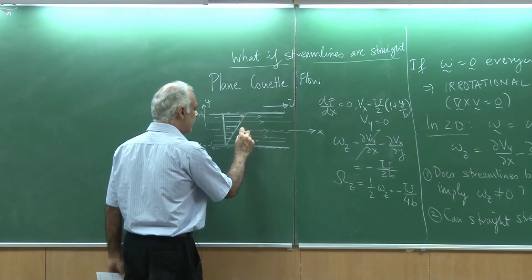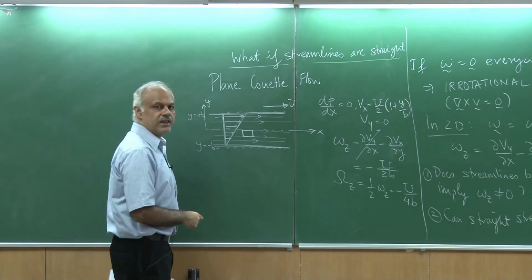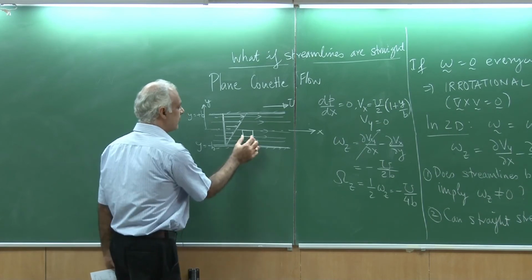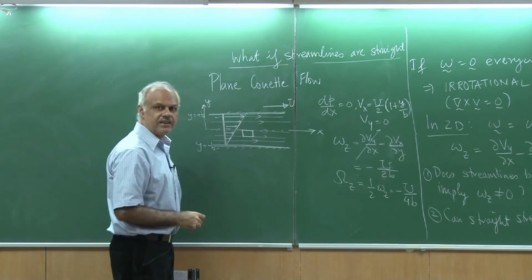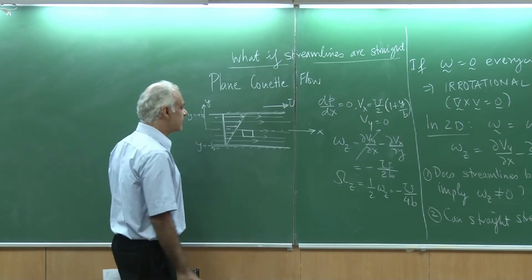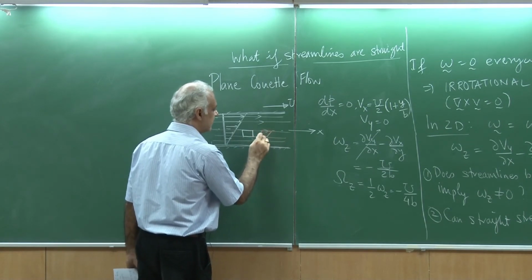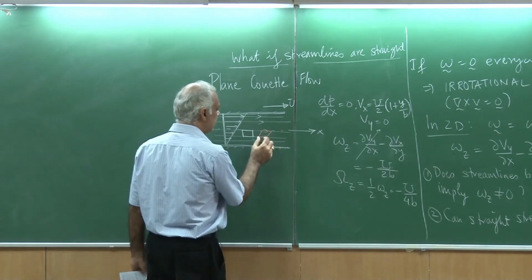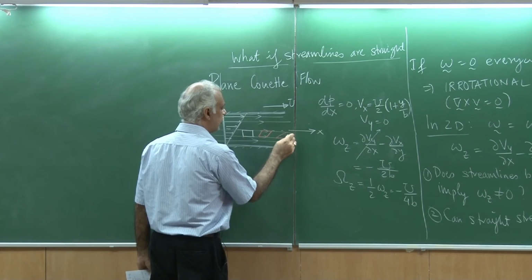Now let us on this diagram try to understand what happens to fluid elements. If I take a fluid element at a certain time, I ask myself what happens to it after time delta t. The fluid element convects, and these two edges convect with the same speed, but the upper two edges convect with a slightly larger speed. So at a later time, this element would look something like this. And if I look after a little bit more time, then I would find that I get this, and this deforms even more.